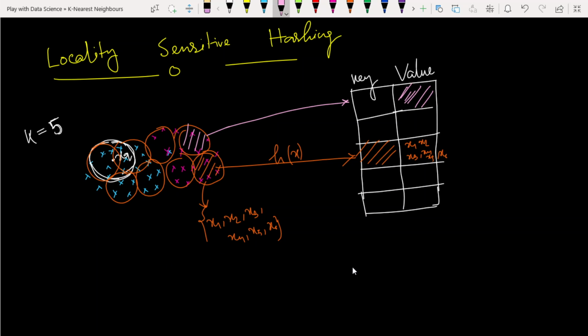Simply, we find the hash of xq. It gives the key, telling us which bucket we have to go to. Suppose we have to go to this bucket according to this key value, and we find the values there, the nearby points. How easy is this? According to that, we decide what our majority vote in that cluster will be. So this is the simple concept of